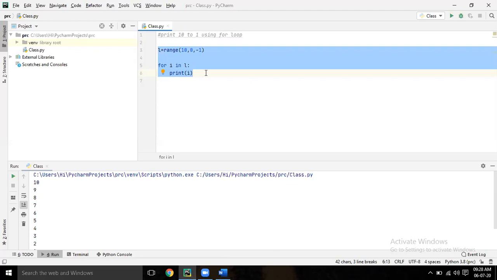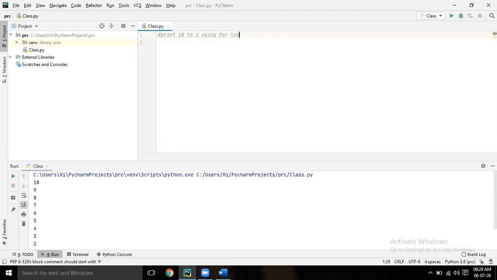Now write the new question. Delete that. Print odd or even from 1 to 20. From 1 to 20, which is odd, which is even, I just want that. How to do it?